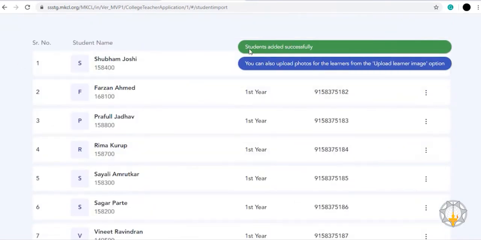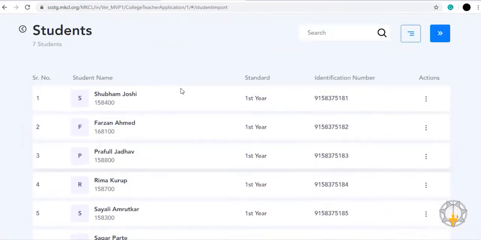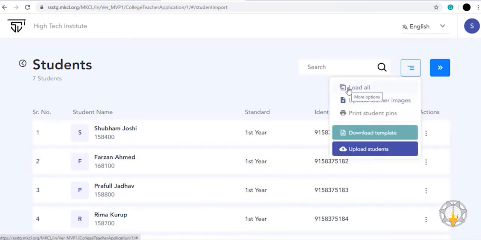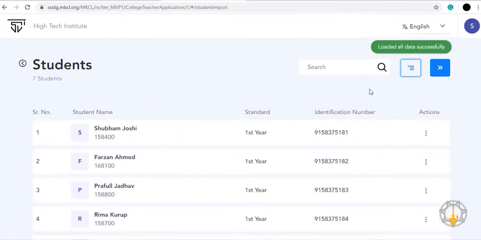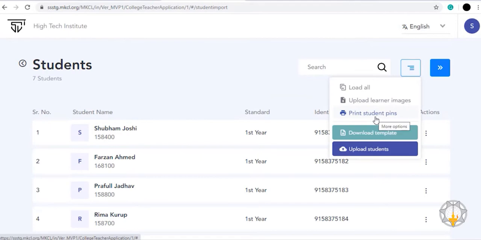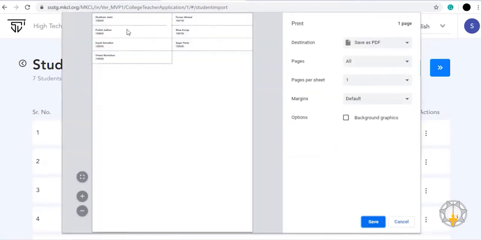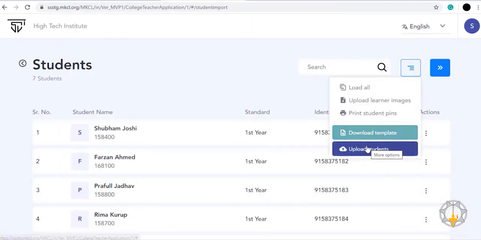You can see the student list is uploaded successfully. From more options, you can load all student data at once. You can print the pins for sharing it with the students. You can upload more students in the same way.